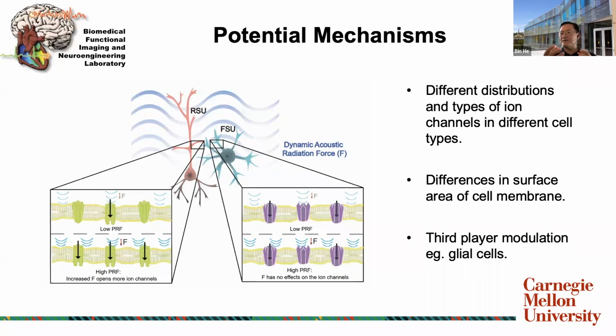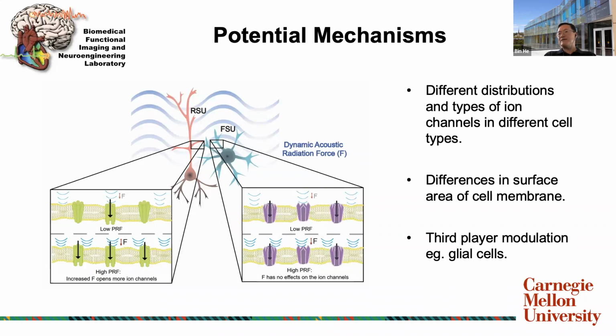And also it could be, as we discussed earlier, that the shape and surface area of the cell membrane, and the arrangement configuration in terms of where the ultrasound energy comes from, may be a difference, so they show different behavior. Or the third possible reason could be due to glial cells, clearly not neurons. But anyway, these are all just possible thinkings, and we are not very clear about what caused the cell type